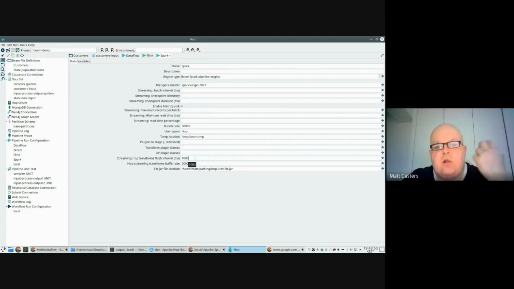So in these regular hop transforms that are not beamified, that don't have a Beam API. The same applies: we have a buffer size internally of 5,000, but wait a maximum of 1 second. So this is how we merge both worlds and allow us to have great performance,